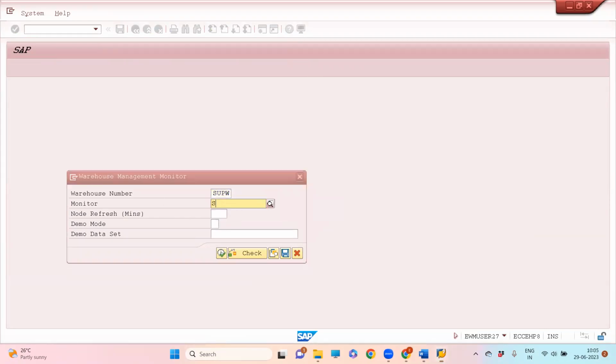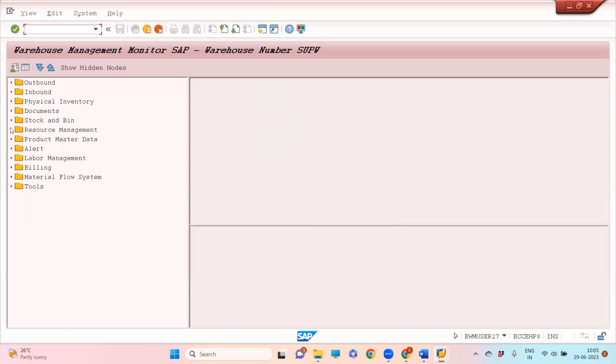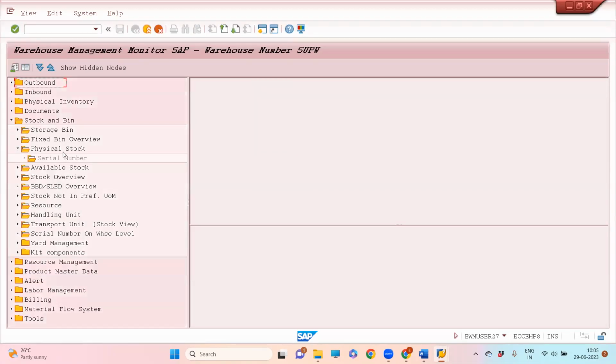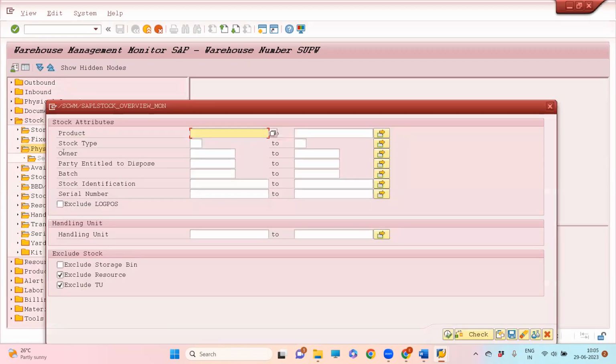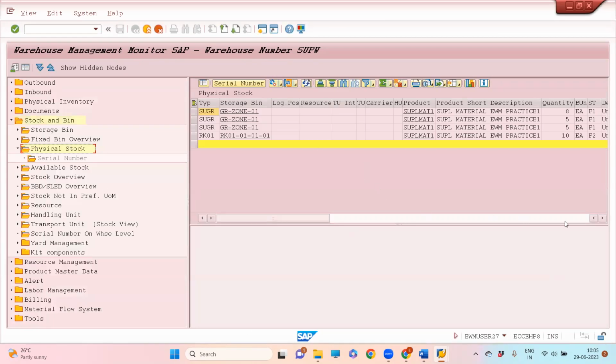Okay, so just take SAP as the standard monitor. Go to the stock and bin. Go to the physical bin. Physical stock. I hope you have understood what is physical stock and what is available stock from yesterday. I'm going to SUPL mat 1. If you see the stock types,